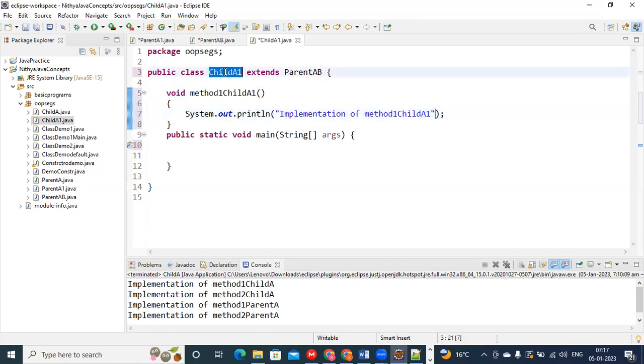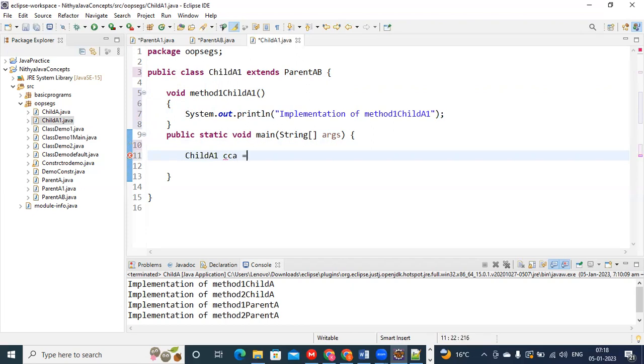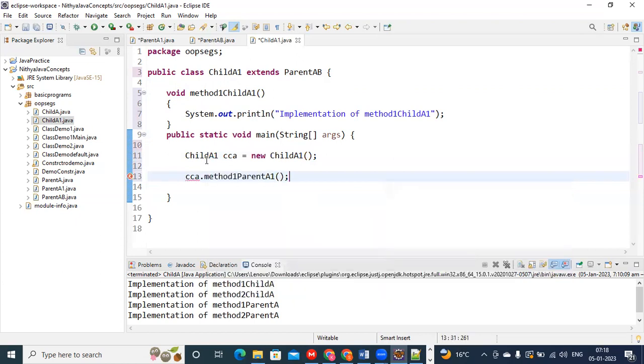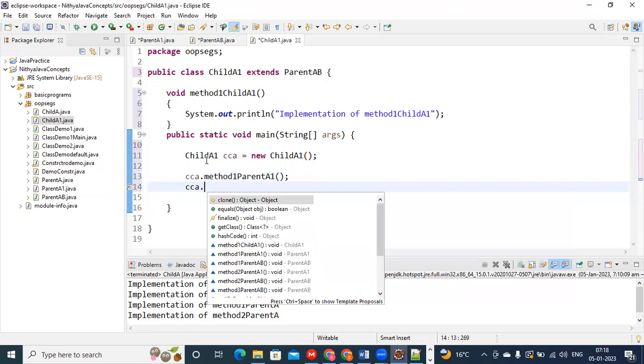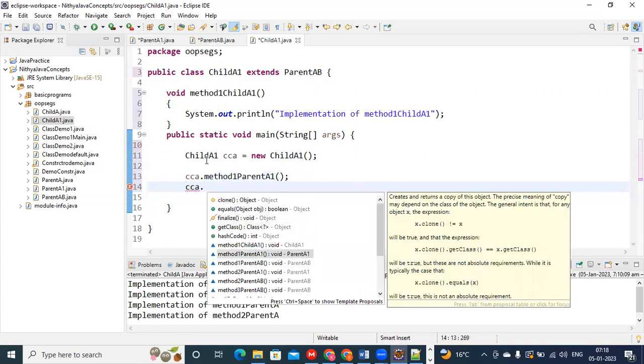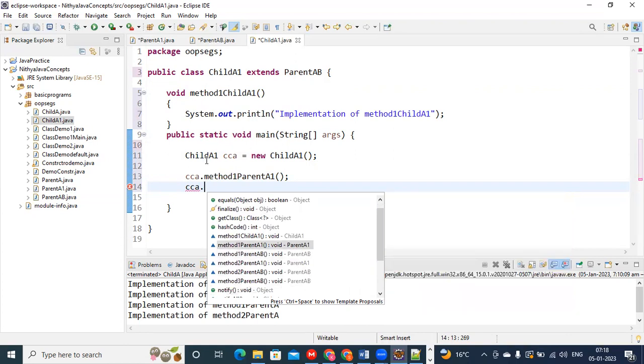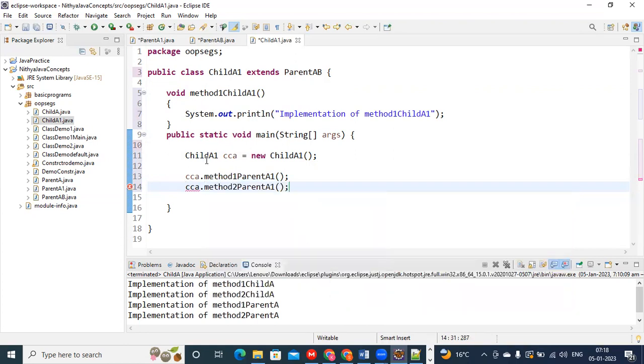So if I'm creating the object of this child, CCA, just this is the object I have created, and I can access method 1 parent A1, method 2 parent A1,